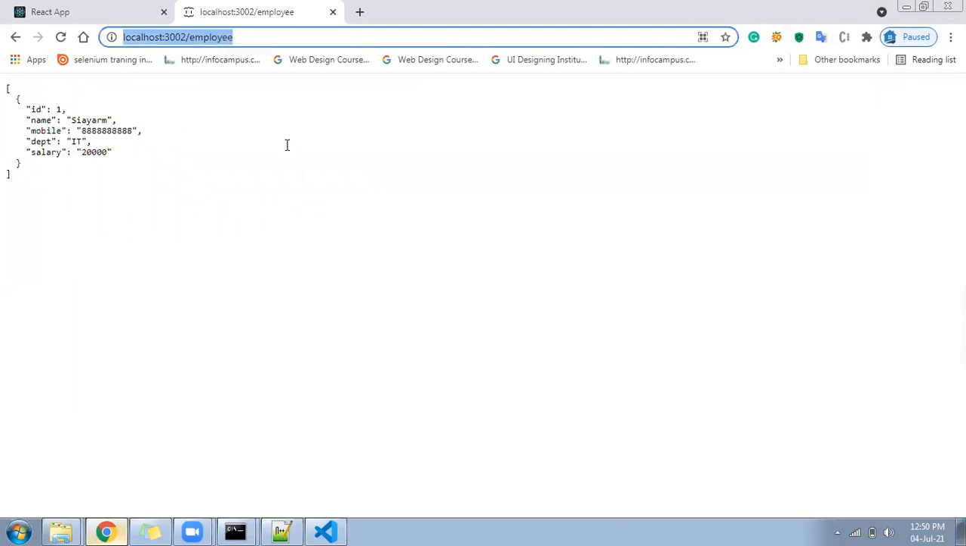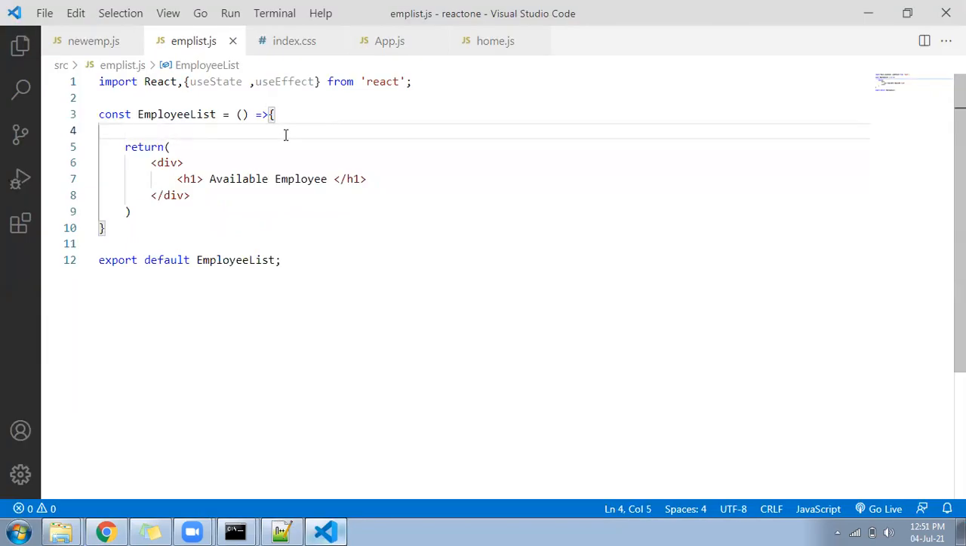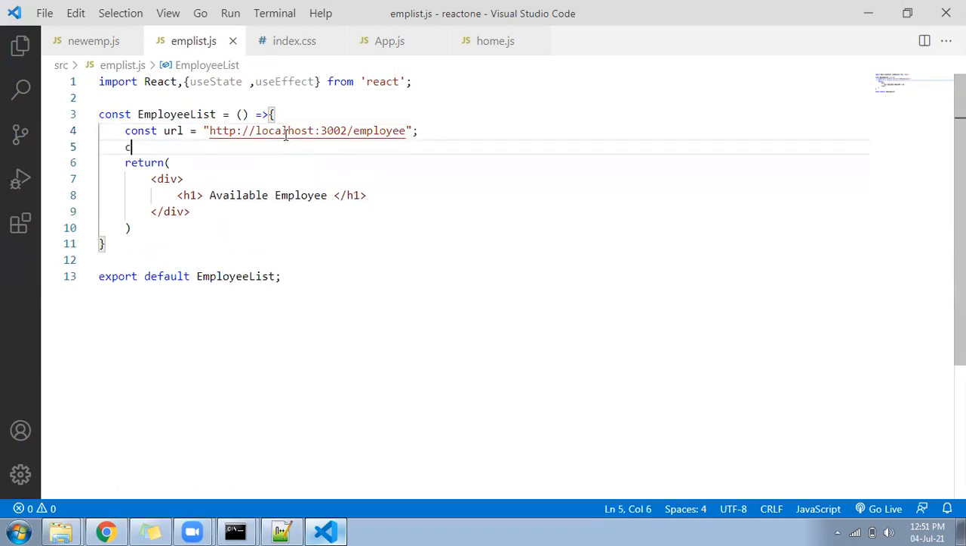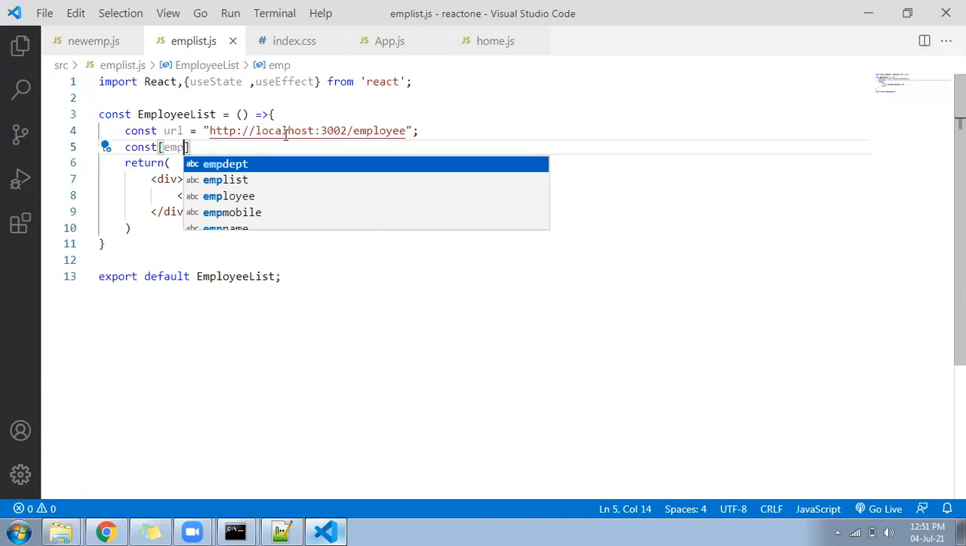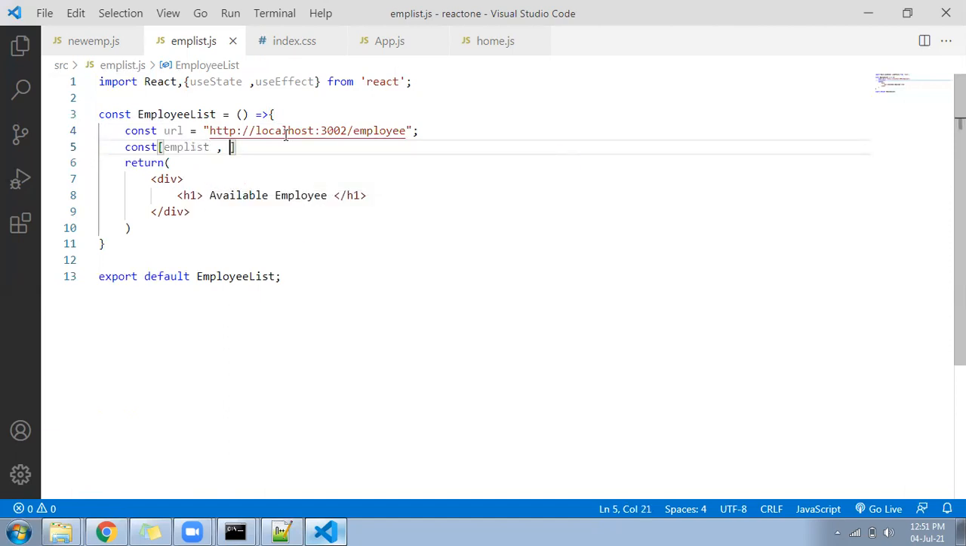Let me take this and I'll come here and write a constant URL equal to where you are going to read the data. So we are going to read the data from this URL. Okay. After that, I'll follow with another constant called empList and a function updateEmpList, right? And after that, definitely you have to use useState here,